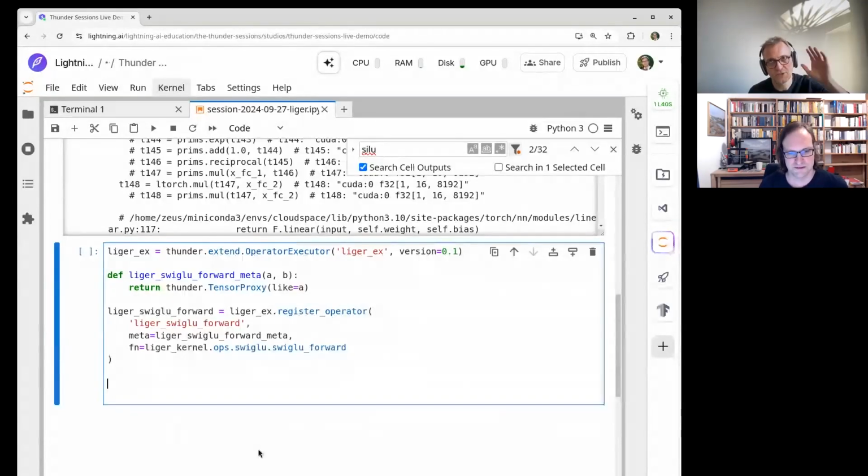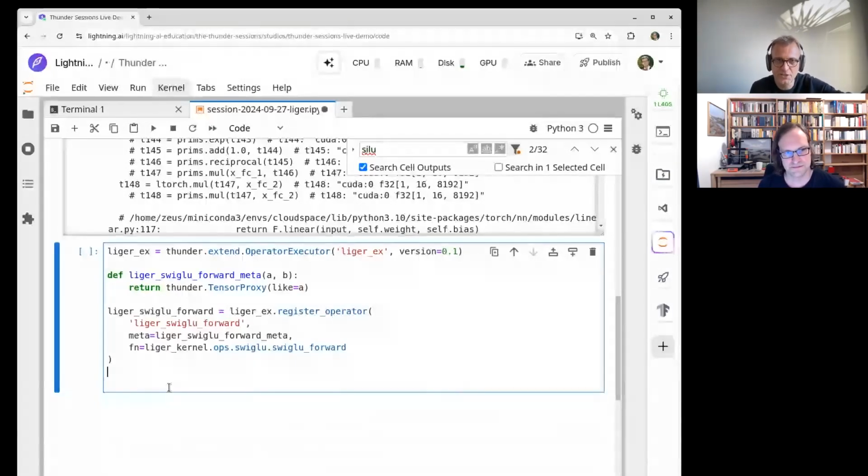And so if we wanted to do it without Thunder, we would have to either have a function that we can monkey patch, or if we didn't have a function that defined Swiglu as a call, it would be pretty tricky to replace, right? Because how do you replace just two operations out of a sequence? So we would have to go back and change the code. Nothing happens if you change the source code, but sometimes you don't own the model. And so that's also where it comes from.